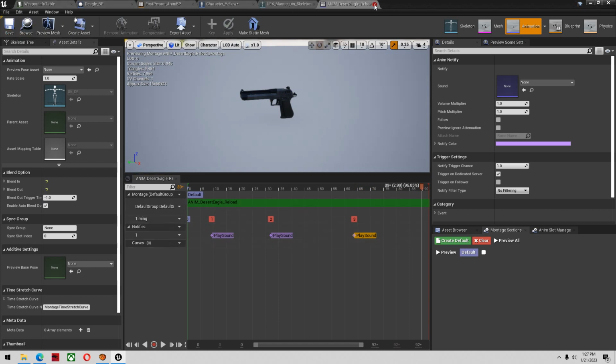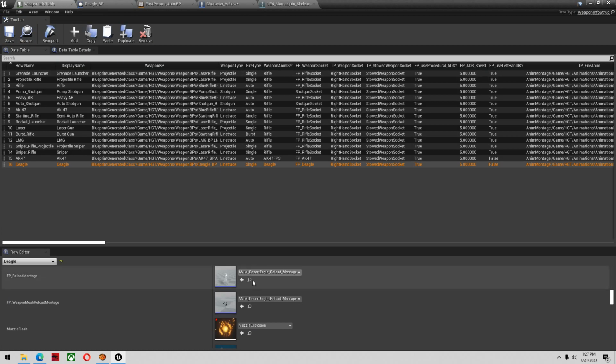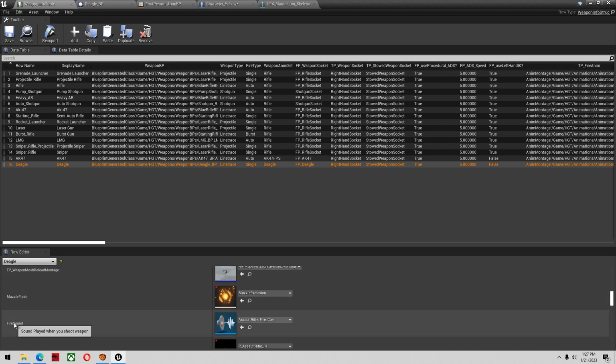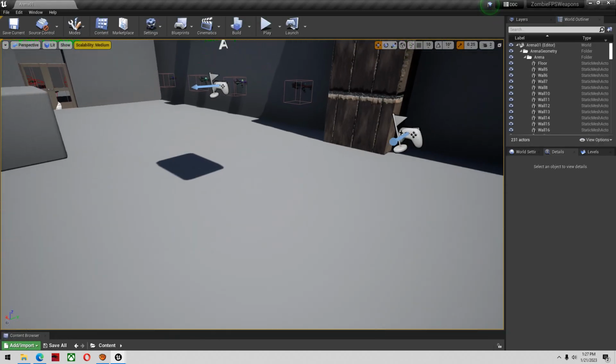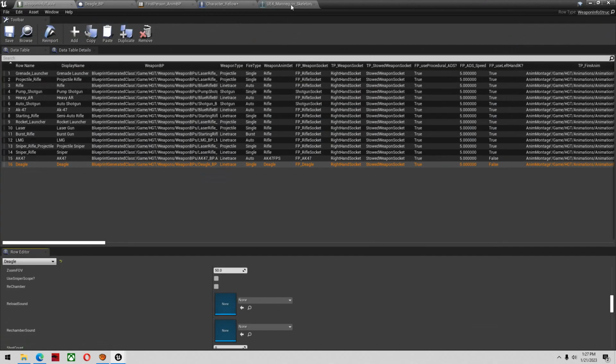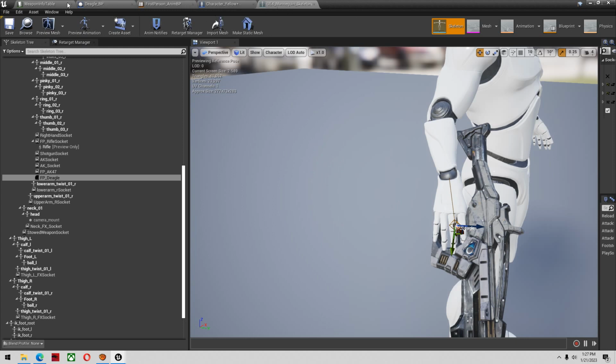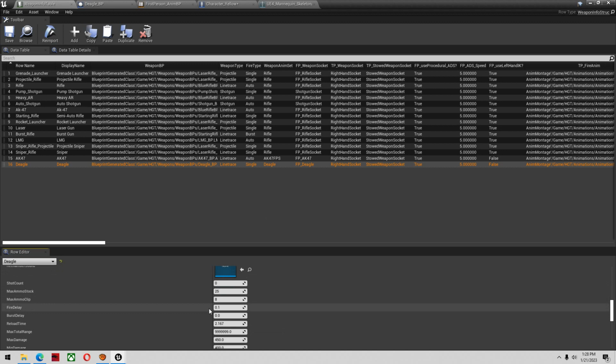Set all your sounds up here. Then I like to go back to the weapon table, and there's already a reload sound assigned in here. What I do is I clear that out of there and click save. That way it plays the reload sounds from your animation, and it makes it look and feel a whole lot cleaner. And you can also, as another bonus, learning all the secrets today, inside your reload animation as well,